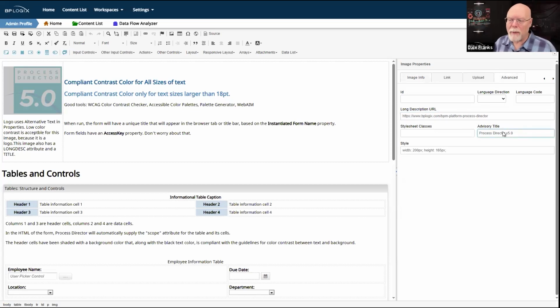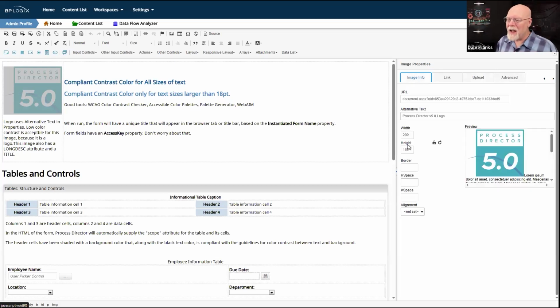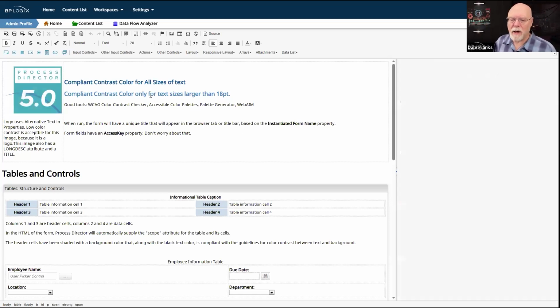So whenever you drop an image on, it's one thing to just upload your image, send it to the server, and then go over here and decide what width and height you want on it and think you're done. Sure, for you, from a visual perspective, you're done, but from an accessibility perspective, you're not done. You have to provide all of these additional properties, and that'll be true really universally as we go through this form and look at all of the different things that you need to implement for accessibility purposes.